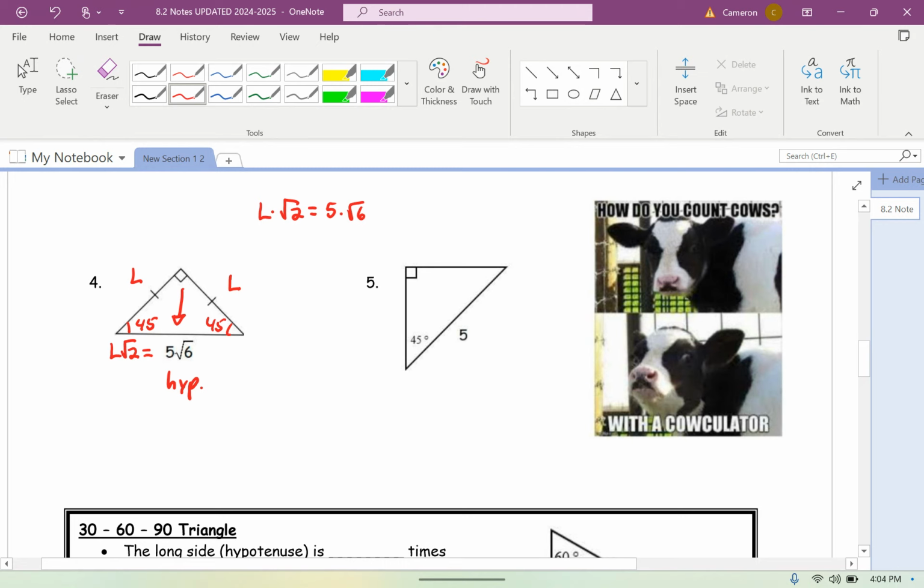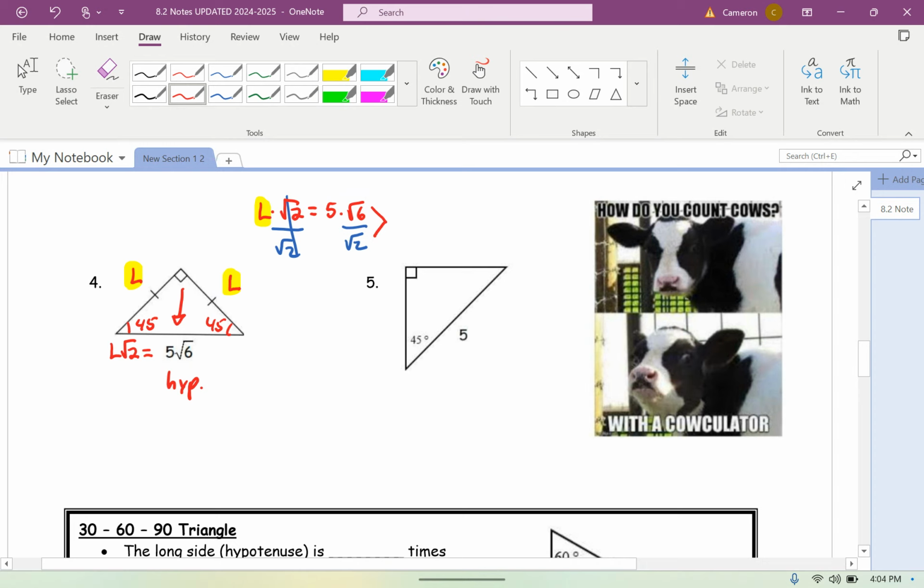And in this case, I want to solve for L. Naturally, the first thing to try would be to divide both sides by rad 2. And that'll be a nice trick as long as the number on the other side, if it's under a radical, is divisible by 2. So if I divide both sides by rad 2 in this case, I get L by itself, which is the goal. I'm trying to find the length of the leg. And because 6 divides by 2 nicely, and both the 6 and the 2 are under a radical, one nice